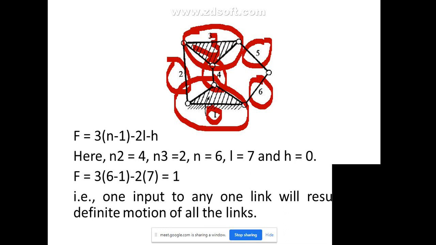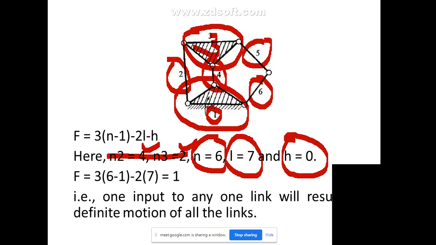with 2 links being ternary links, right? And 4 other links are binary links. So that's why we have bifurcated into 4 and 2. You can show it separately or no need to show in exam. This is just optional. For your learning, I have shown you can take binary, ternary totals. Finally, what matters is this: you have to count the number of links, count the number of lower pairs, count the number of higher pairs and give that equation. This is what I want. This is just optional, so just for understanding I have taken this.